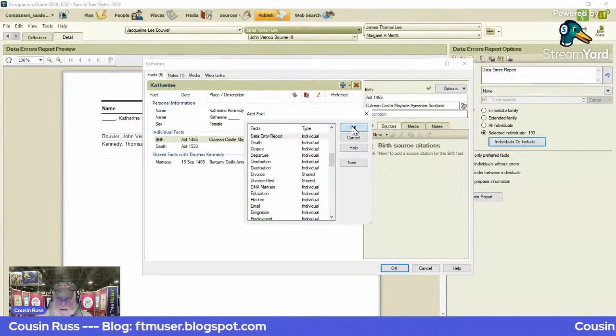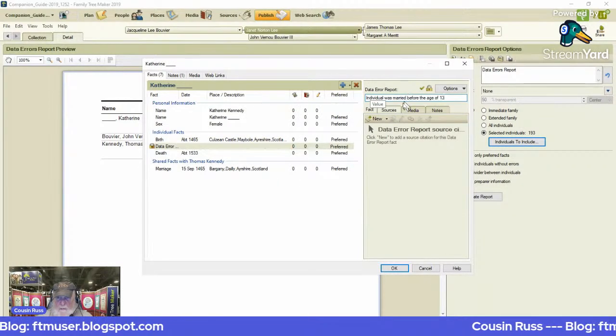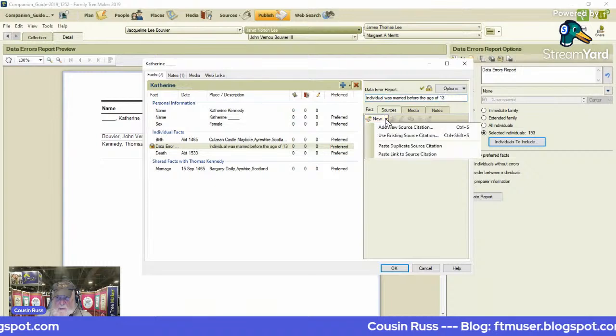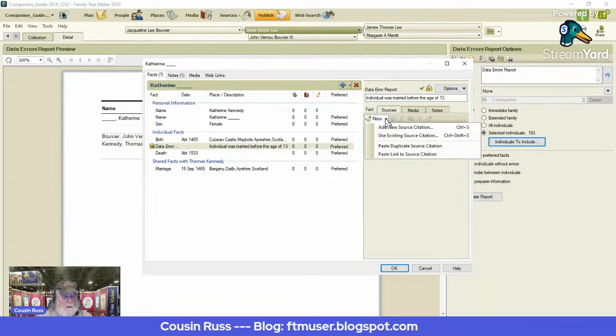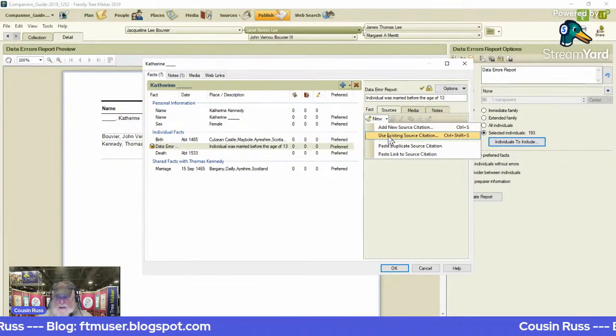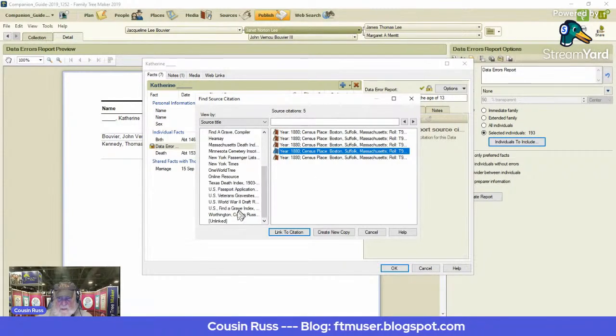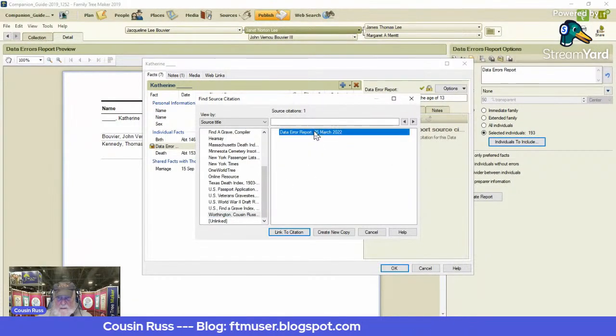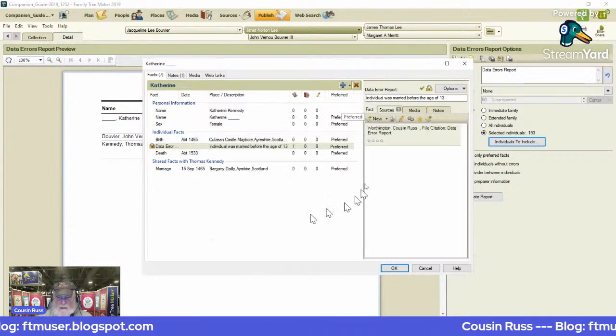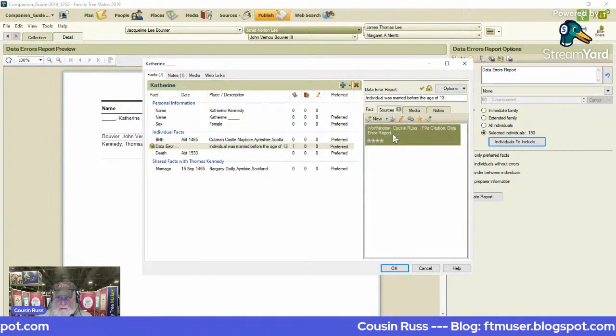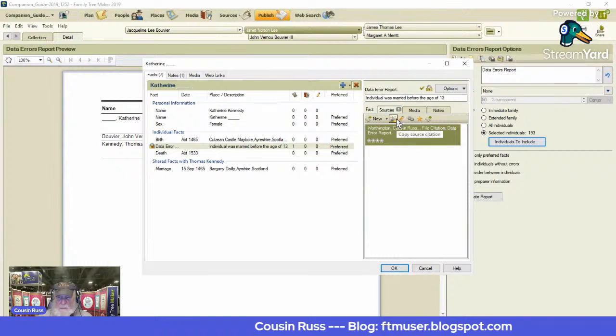type D to bring up data error report. And now I need to put a citation. This I didn't do before. I created a citation earlier today. This time I'm going to select use an existing citation. And I know where it is. It's down here. And there is the citation. I'm going to link to that citation. And I'm going to put that citation onto my